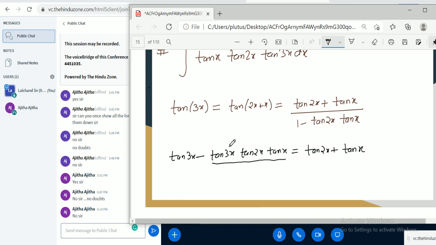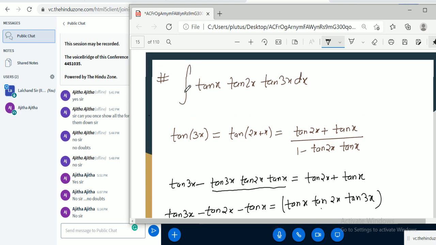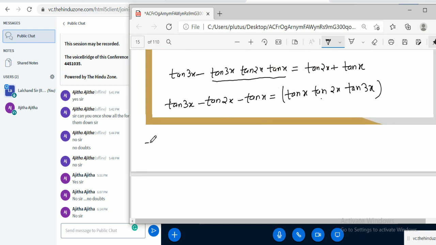So if we take this to this side, then okay, the value of this will be this. So if we substitute this in the integral, then we have integral of tan x tan 2x and tan 3x is equal to integral of